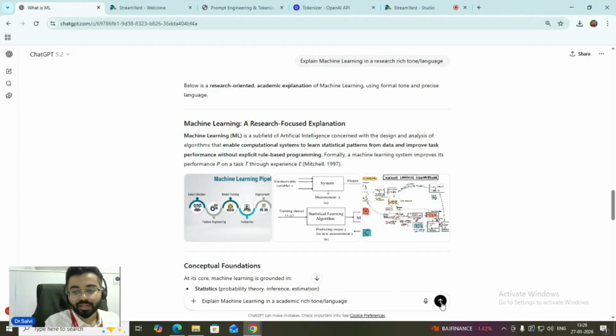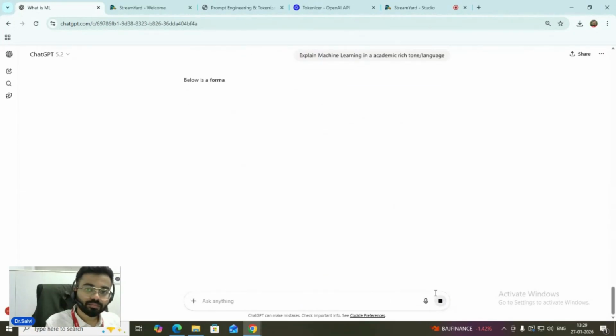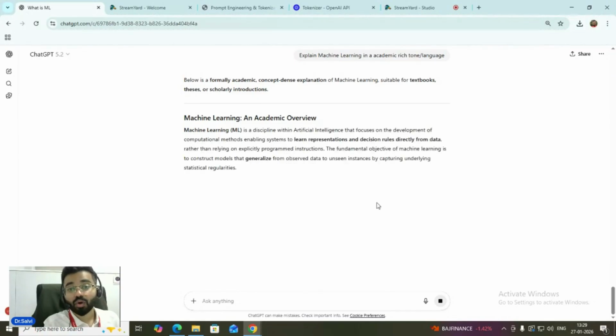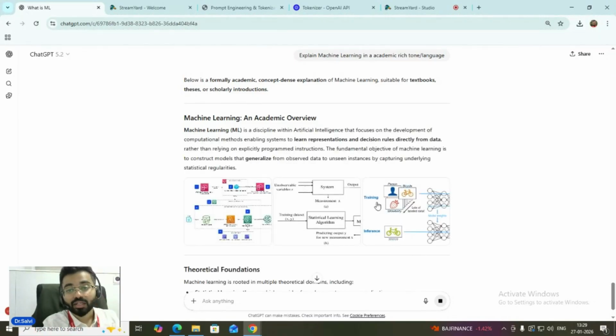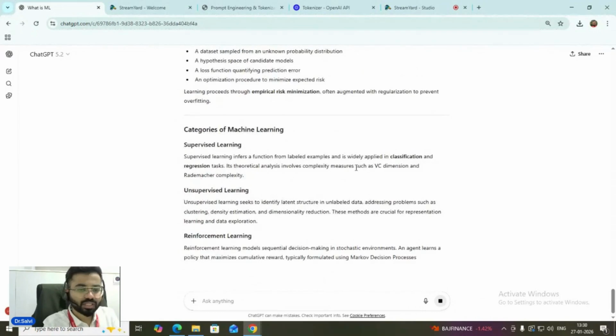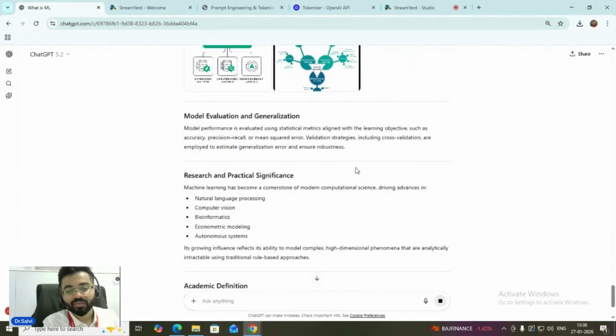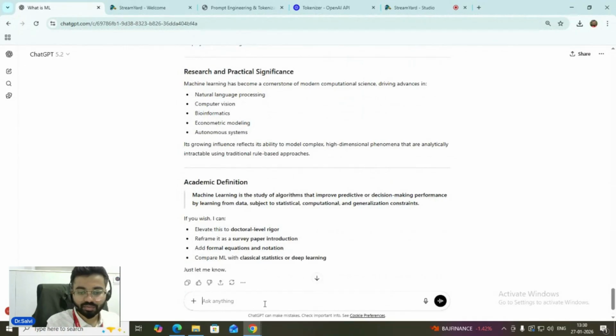in an academic rich tone, right? So if I put this, now this is not going to mention the research aspect, but only how an academic overview looks like. So everything, if you see, is now cut short as compared to what we had in the previous research based language, right? So maybe if I still stick to research for that case, for